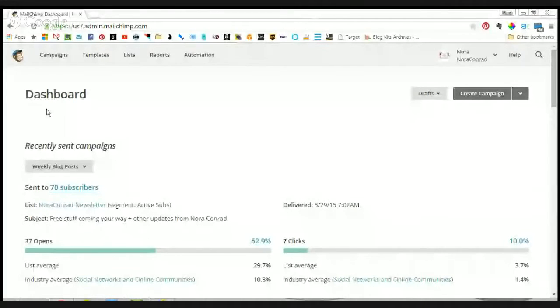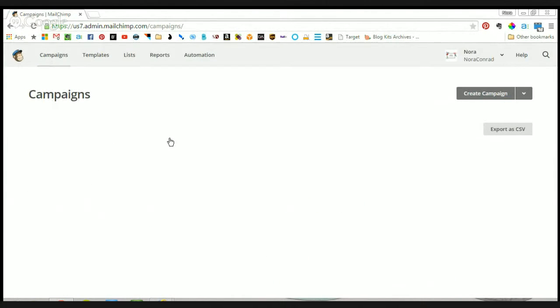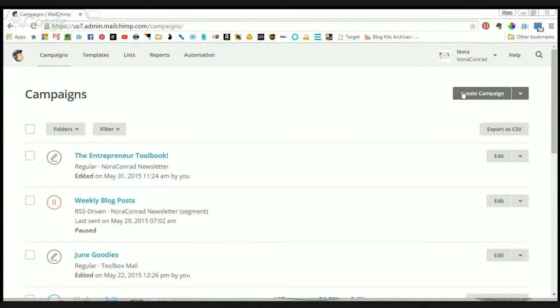So once you're logged into Mailchimp, you'll be sent to your dashboard. Obviously, this will look a little different depending on whether or not you have ever sent a campaign before. So you're going to go right up here to campaigns. Your list will most likely be empty, but you want to come up here to the right side and click